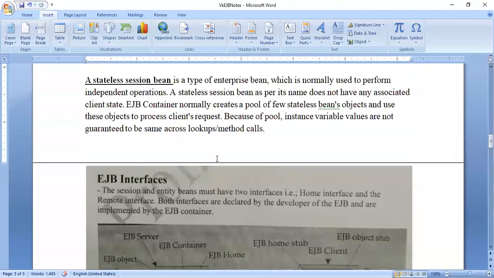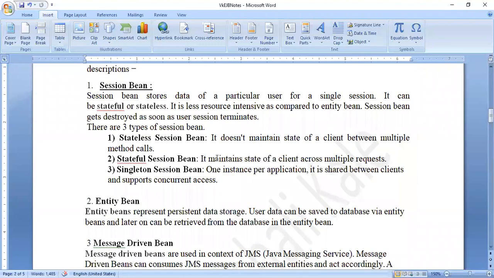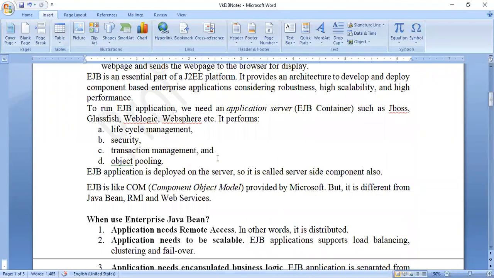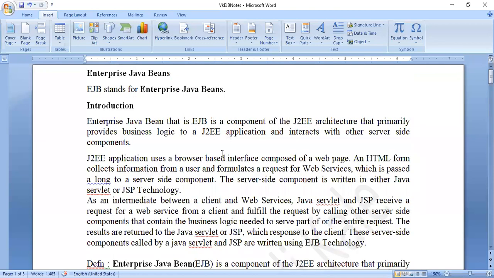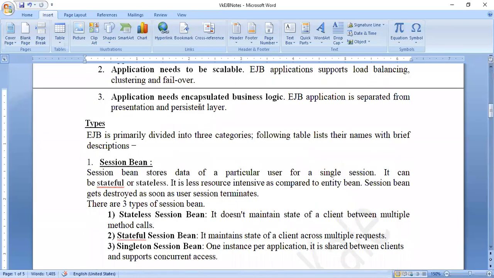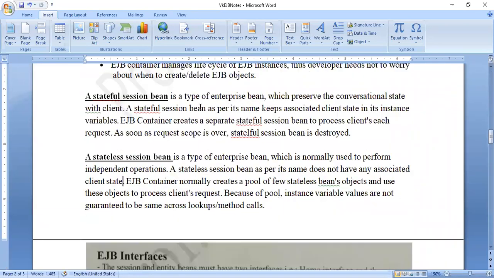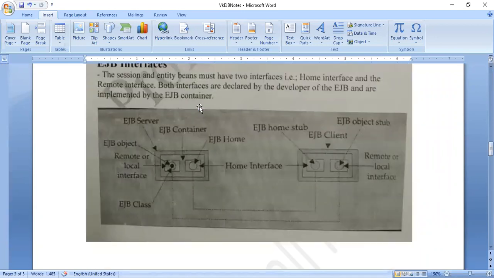As far as this EJB is concerned, you need not get frightened, because we have already told the examiner, because it is beyond the scope of the student, it is a very vast advanced Java syllabus, and we cannot cover this too much in detail. So I think whatever I have covered is sufficient.